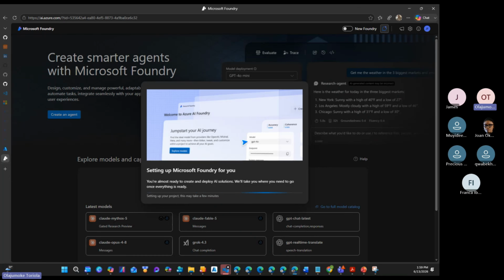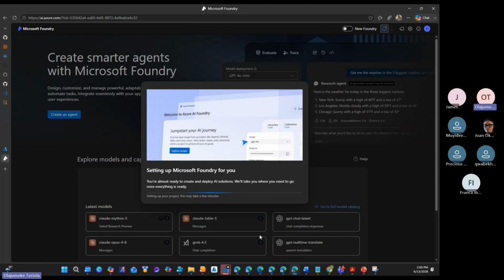You put everything together. Now, when this finishes installing, we'll be able to go into it and click on models. Remember, when I was talking, I said Microsoft has done something in your Foundry. All of these models are available to you. You have the latest models, and even models from before now.